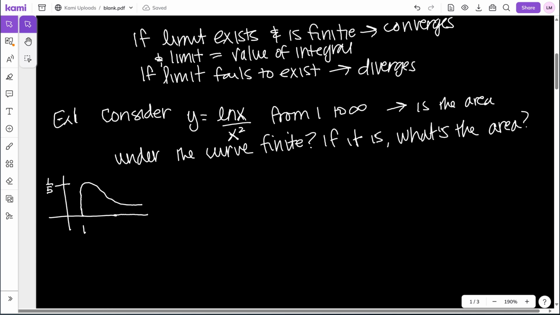All right. So here's an example and a graph, and you can graph it on your own. But we're looking at the natural log of x over x squared, and it goes from 0 to infinity. So what's the area under this curve? So the setup of this looks like